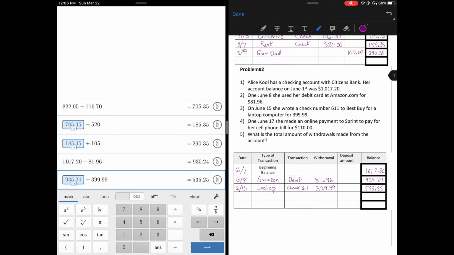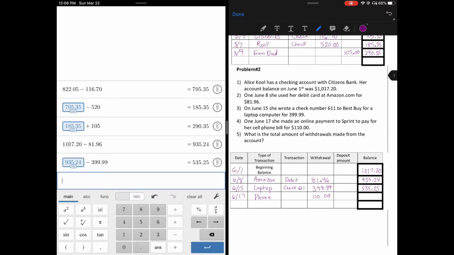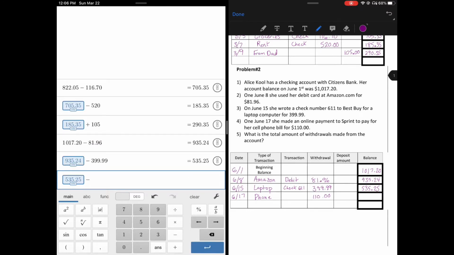On June 17th, 6/17, she made an online payment to Sprint for her cell phone bill of $110. So we'll take our previous amount and we'll subtract 110. We get